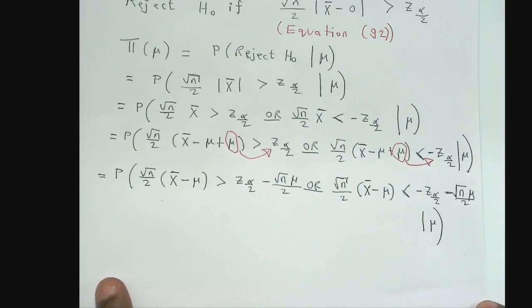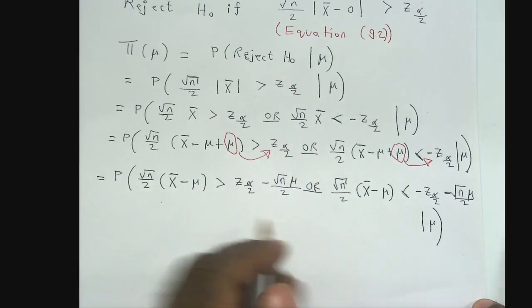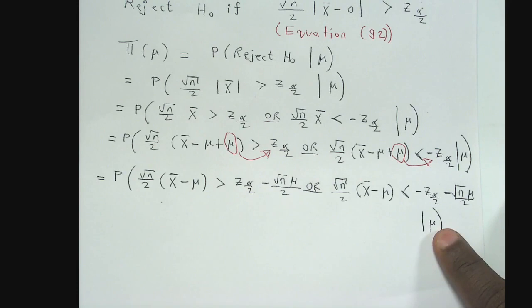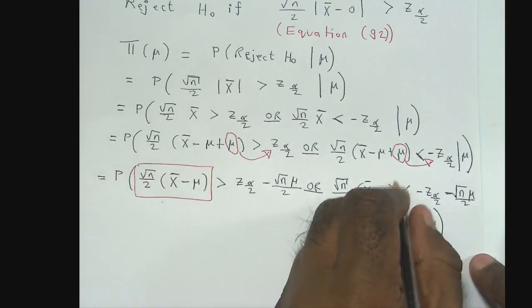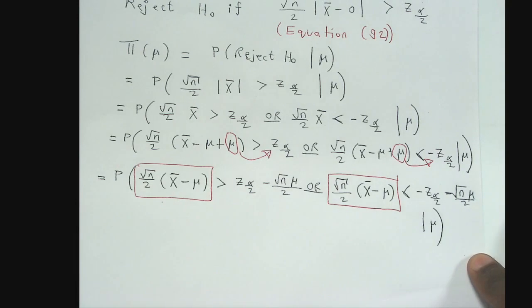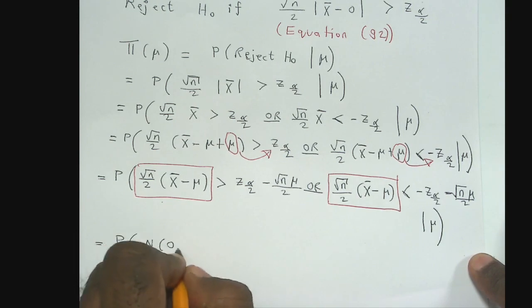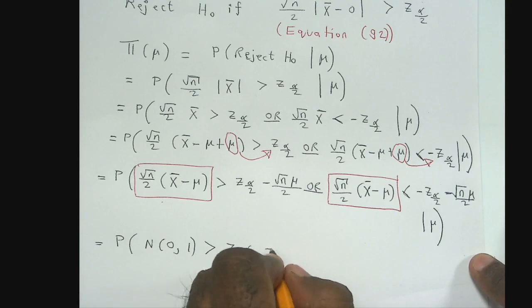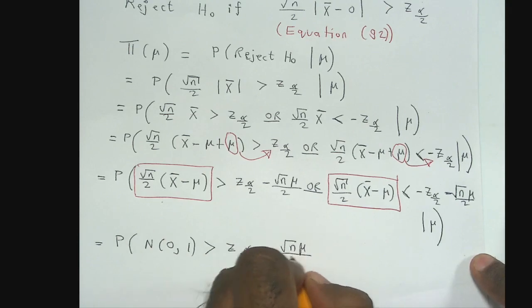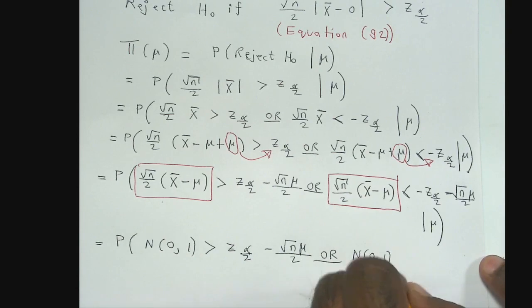All right, guys. Now because of the conditioning, because of the fact that we are conditioning on the true population mean being mu, this guy here and this guy here must have this standard normal distribution. So either N(0,1) is greater than, or N(0,1) is less than